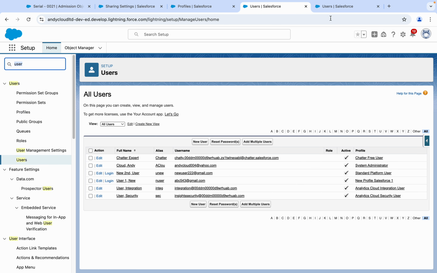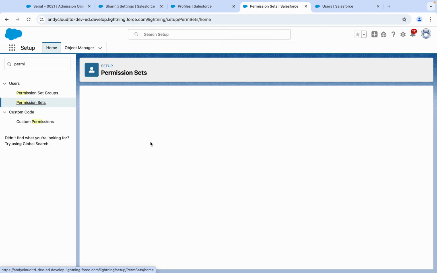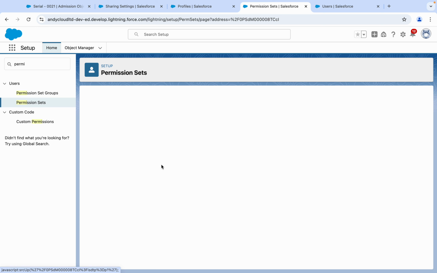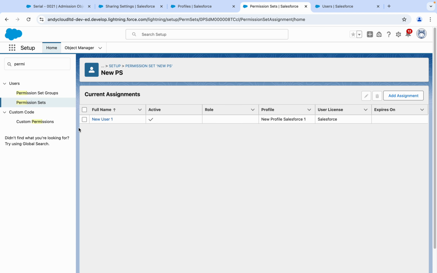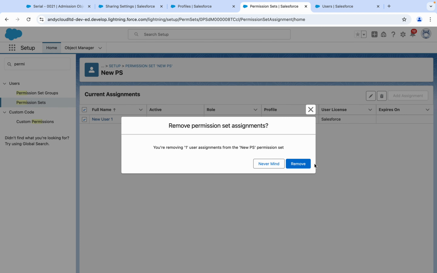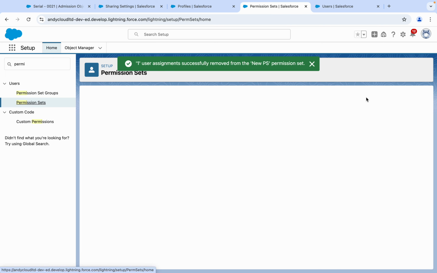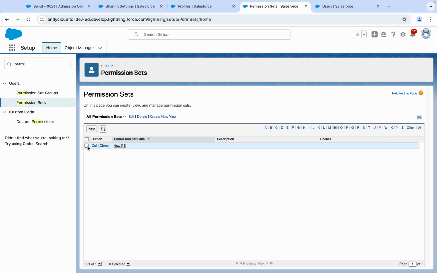Permission set. Let me show you the permission set. So we had created a new permission set. So let me delete this permission. First we need to untick in manage user, delete the access of this user, then only we will be able to delete, else we cannot delete this permission. Okay, so let me delete. So we have deleted the permission sets.